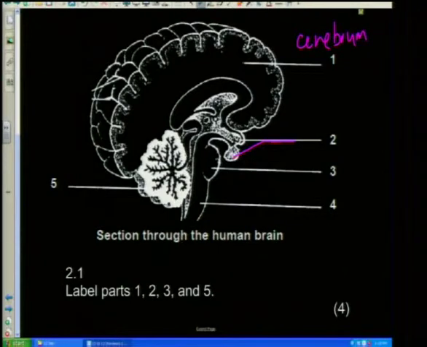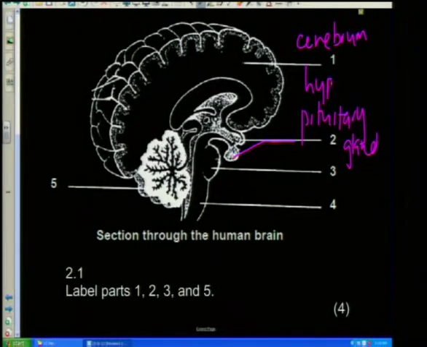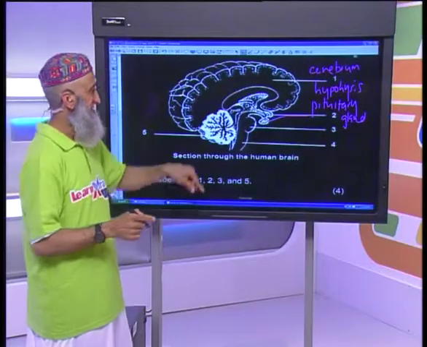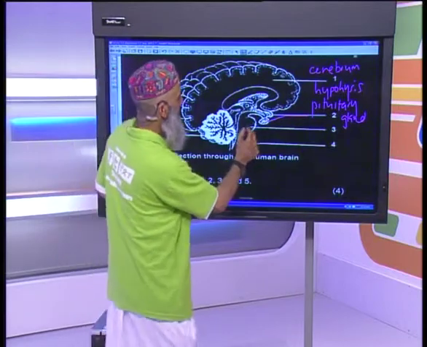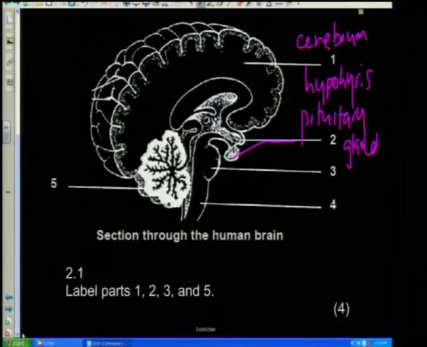So part 2 is this little structure here, which we call the pituitary gland, also known as the hypophysis. Not hypothesis, hypophysis. And number 3 there would be the swelling. Notice low swelling. Just below the hypophysis, the big swelling is the pons. And thereafter, the other little swelling, smaller swelling, is the medulla